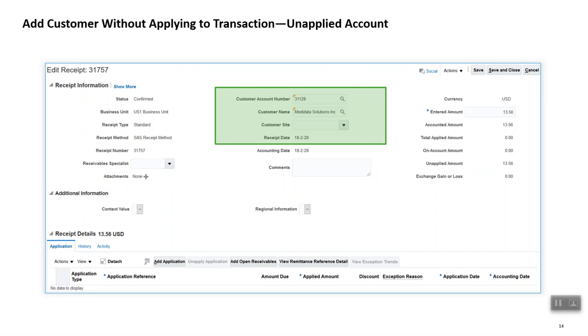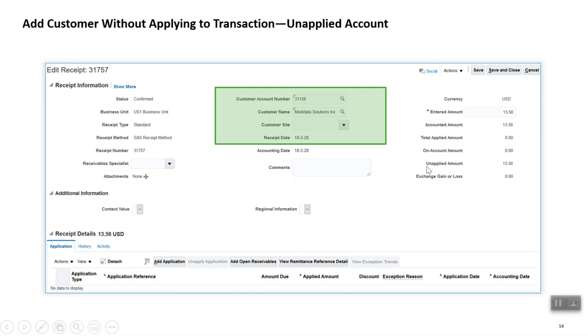The second part, and the most interesting and most common part of the entire receipt process, is unapplied. Now we've created the customer, or maybe it's the same receipt which was edited. What we did was we entered the customer details here. As soon as you enter the customer details and click on Save, the amount shifts and unidentified goes away.